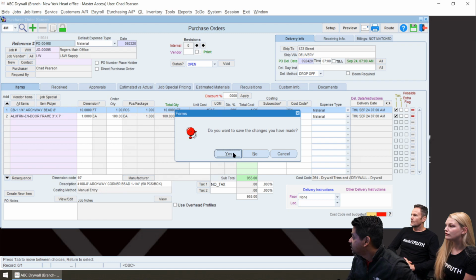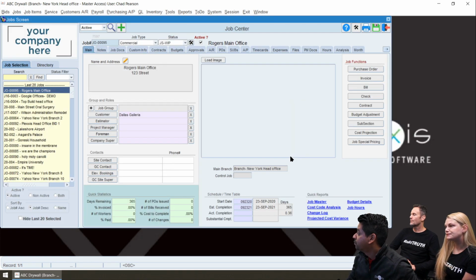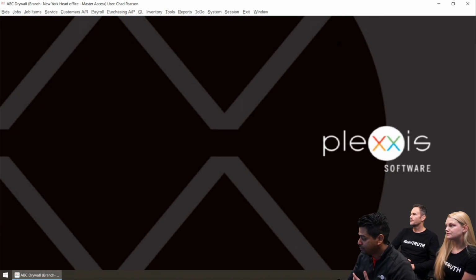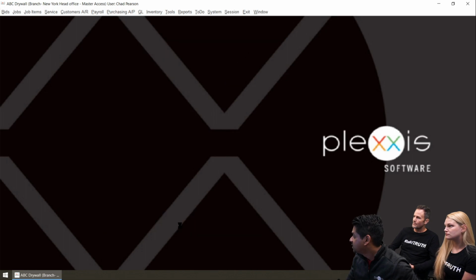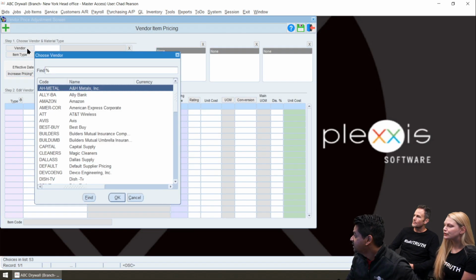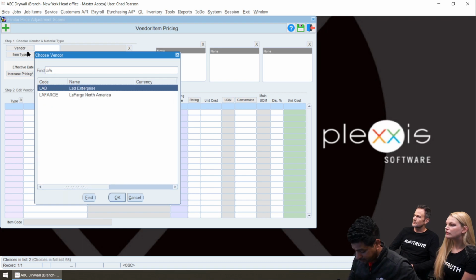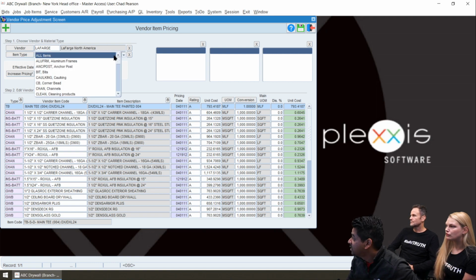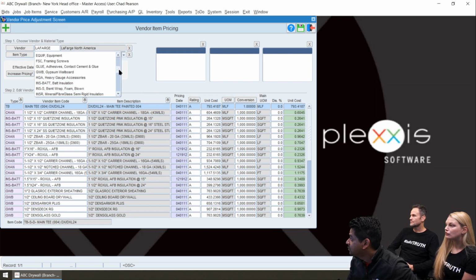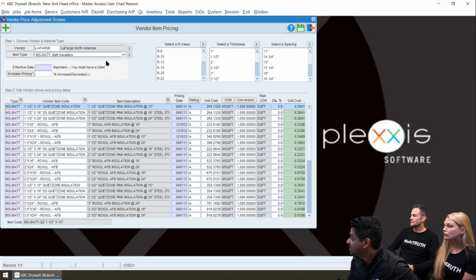Now let's talk about this more. Once a year, twice a year, you might get a price update from your vendors. How do you massively update them? Just go into purchasing AP, advanced option, vendor item pricing. Now if I select my vendor, let's say one of my vendors is Lafarge, and I can specify, it brings in all. Now Lafarge tells you, hey, there's just price updates on my steel items or insulation. You can simply specify the item,